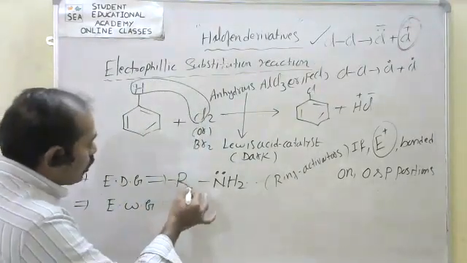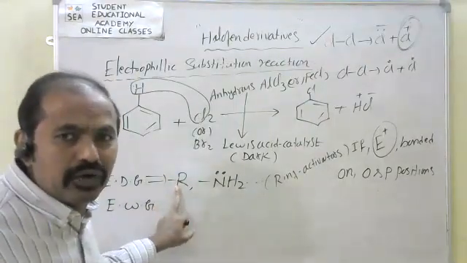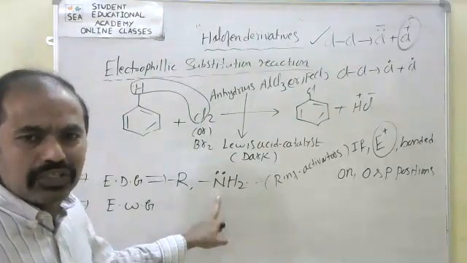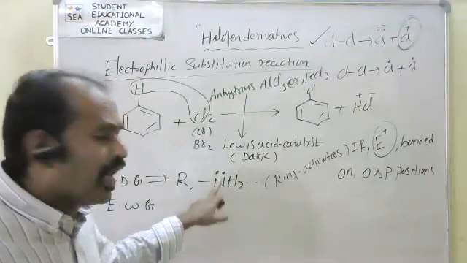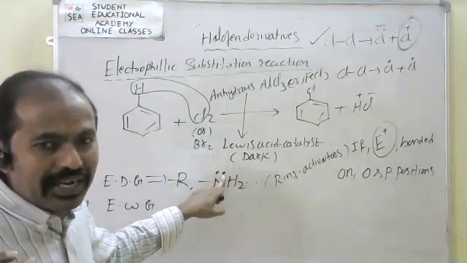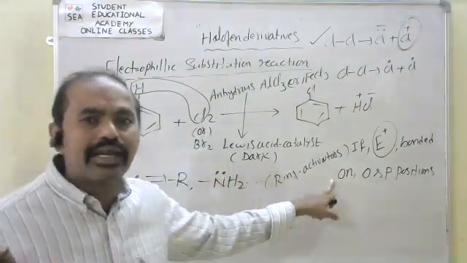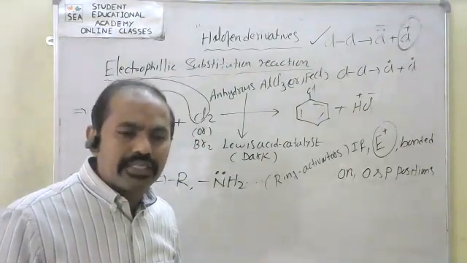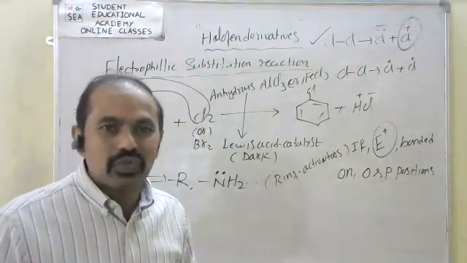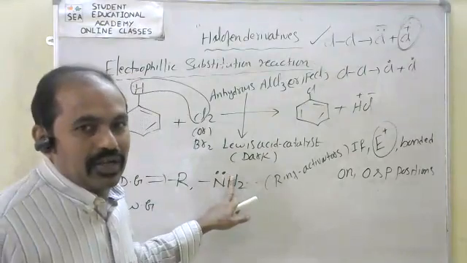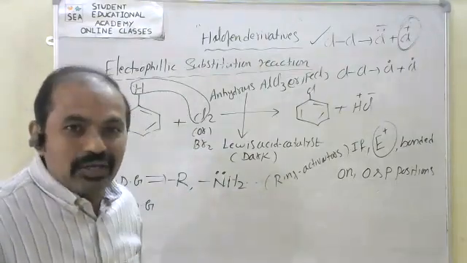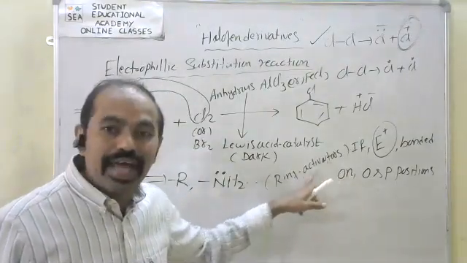Electron donating groups are present. Sir, how to identify electron donating groups? Generally, an alkyl group is an electron donating group. So NH2, like that, any lone pair availability. That type of group also behaves like an electron donating group. These are called ring activators. Ring activator means these groups present on the ring activate the ring. They donate electrons to the ring, so the electron density on the ring increases indirectly.